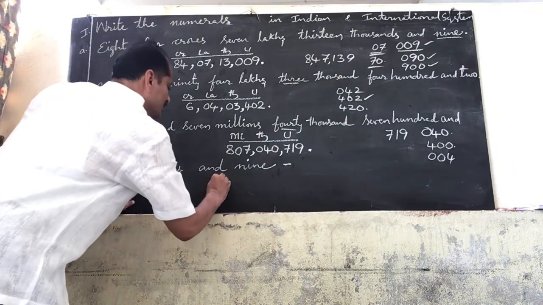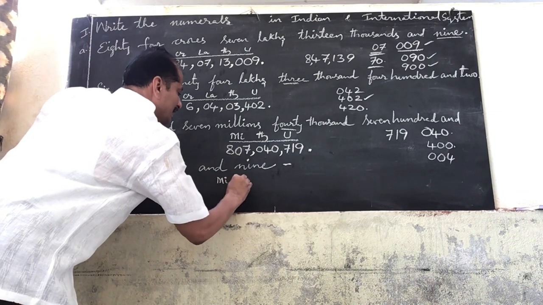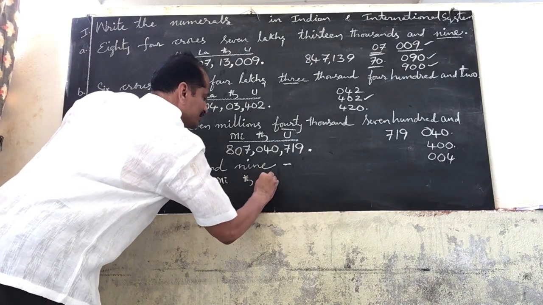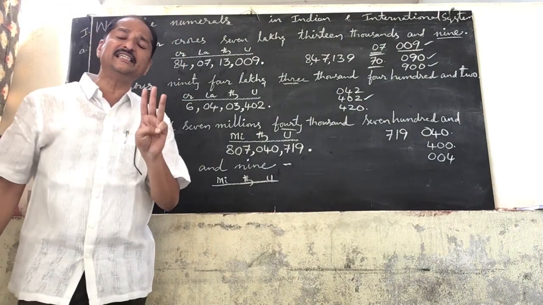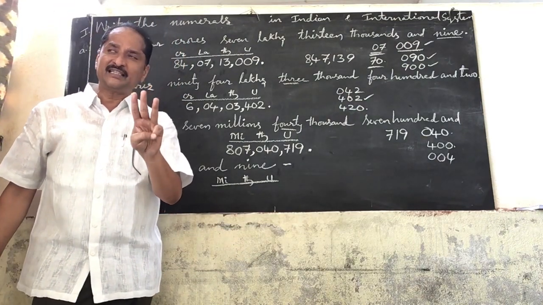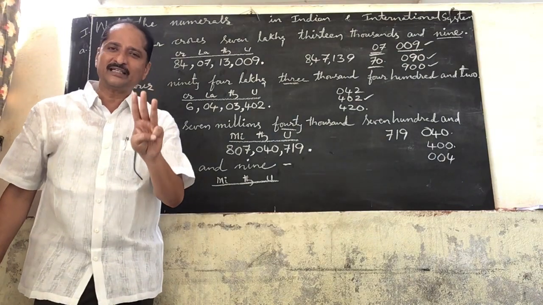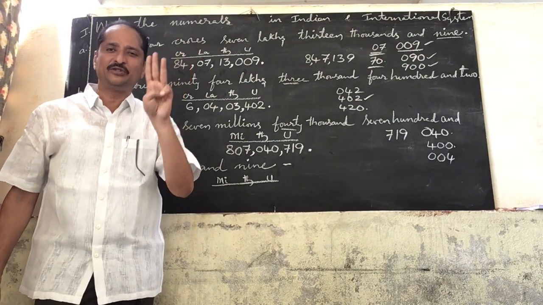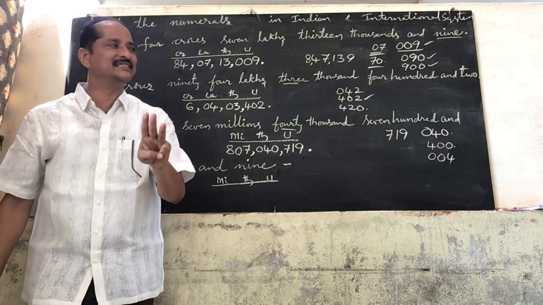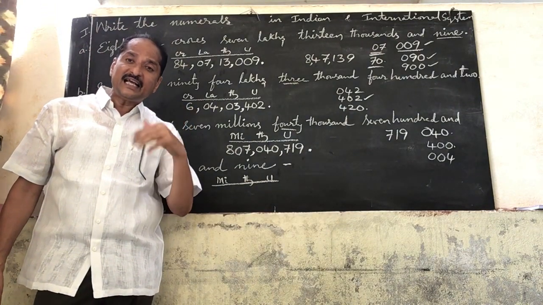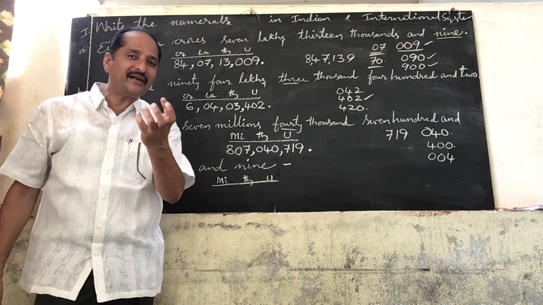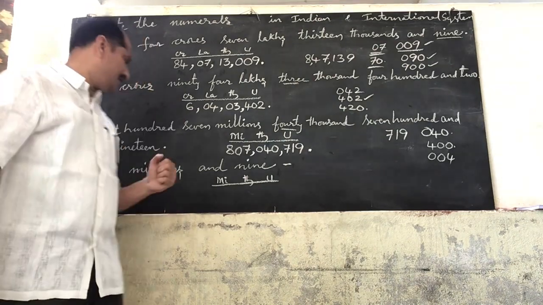Millions we have got. So millions, next lower than millions, thousands, next lower than thousands, units. So we have to write 3 digits in each period. Millions period we have to write 3 digits. Thousands period we have to write 3 digits. Next lower than thousands period is units period. Units period also we have to write 3 digits. But in the given question, are there 3 digits in each period or not? We have to observe. Okay, now see here.